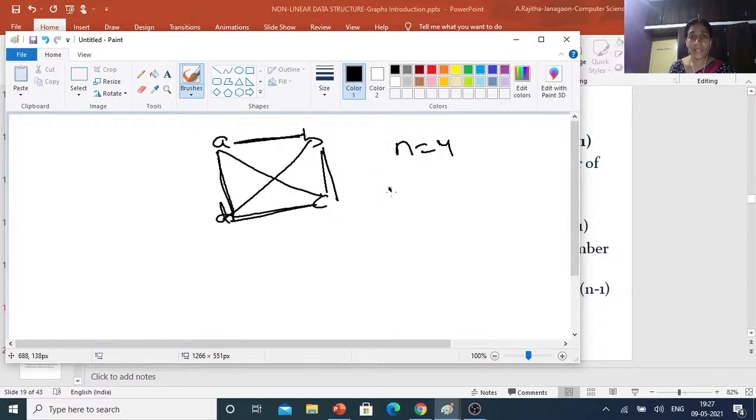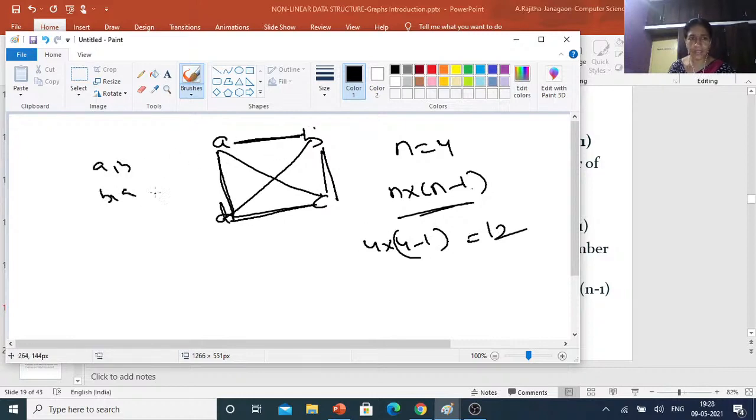So how many possible pairs are there? That is n into n minus 1. You can observe here 4 into 4 minus 1, that is 12. A to B is one pair and B to A is one pair. That means A to B, B to A, A to C, C to A, as well as A to D, D to A. That means here 3, here 3, here 3, here 3.